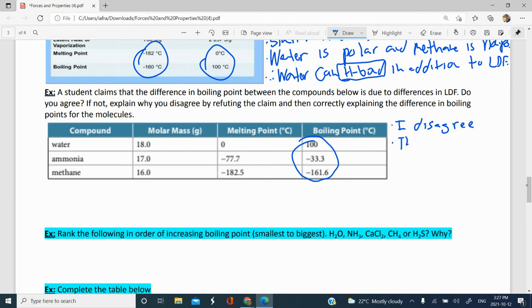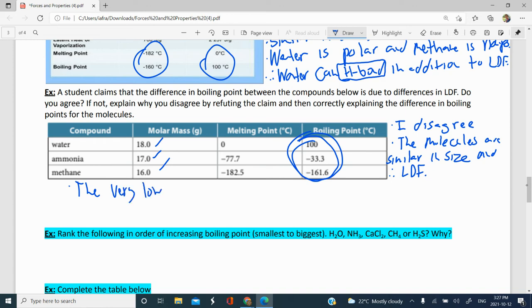Well, the molecules are similar in size and therefore LDF. Yes, there might be a little bit more LDF in water compared to ammonia or methane, maybe, depending on the shape, just because water is a bit heavier, but it's not much. And these are big differences. So the